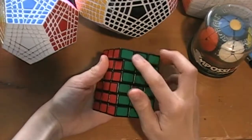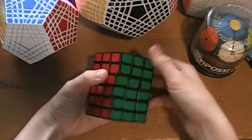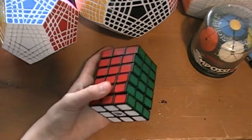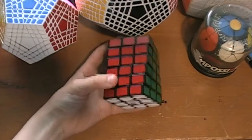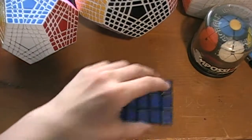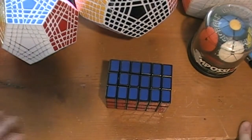And like I said, the reason why you're doing that is because you're trying to swap these 2 layers right here. So you use this layer right here. And that's pretty much how you solve it. If you have any questions about it, just leave them in the comments about this puzzle and I'll be sure to answer them. It's, like I said, pretty much just basically a 3x3x5 with an extra layer and there's